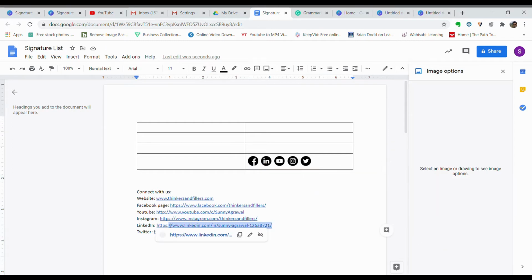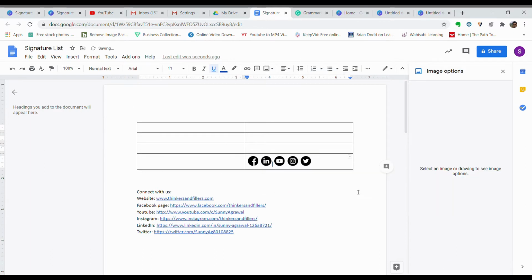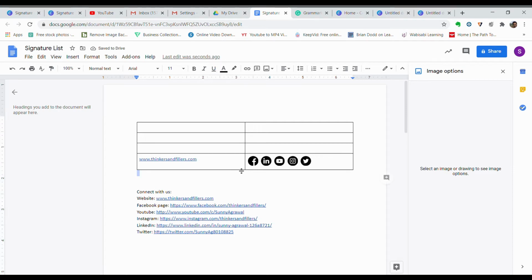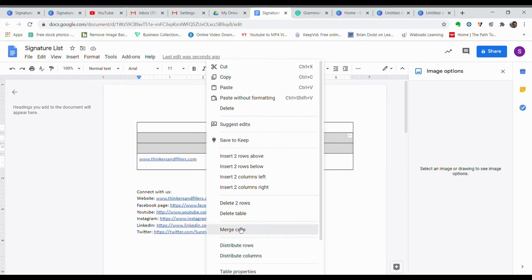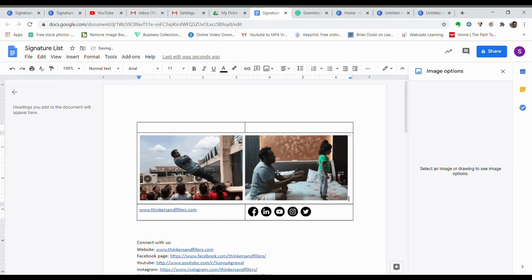Add the account link and click Apply. Add the GIF banner and adjust the size.